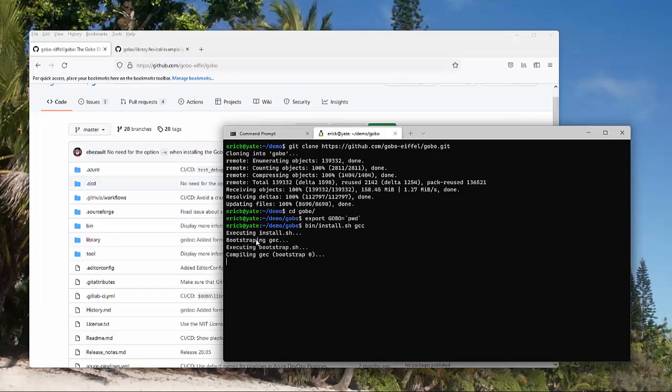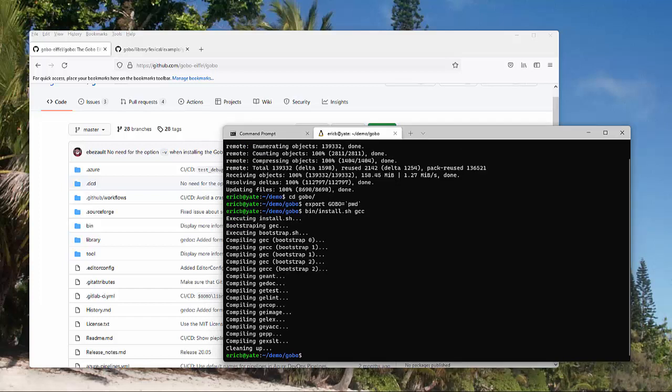So this will compile all the tools which come with the Gobo Eiffel package. This will take about 10 minutes, so I will pause the video again. Okay, so the tools are now compiled.